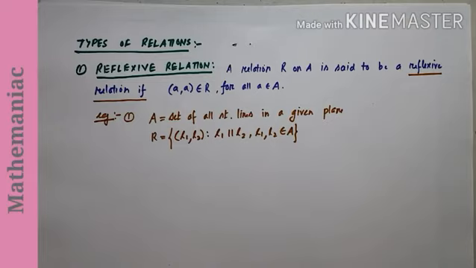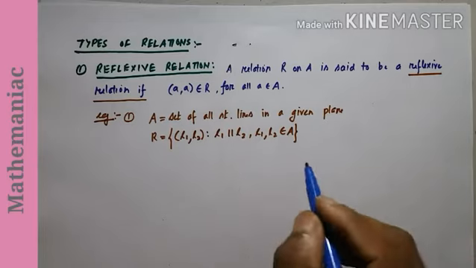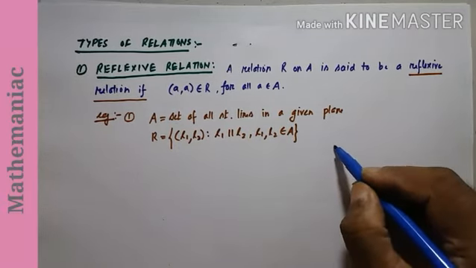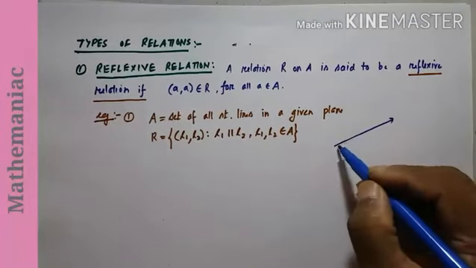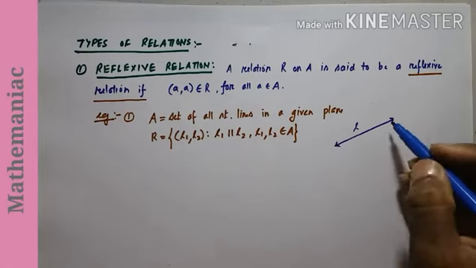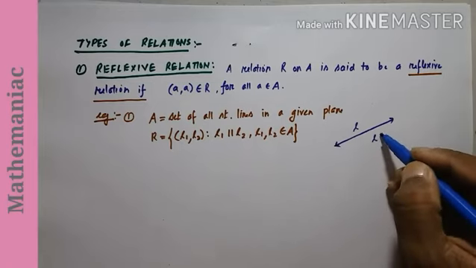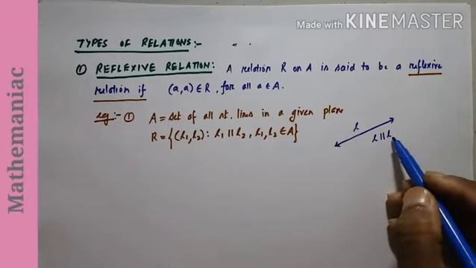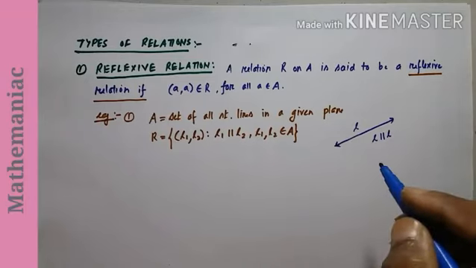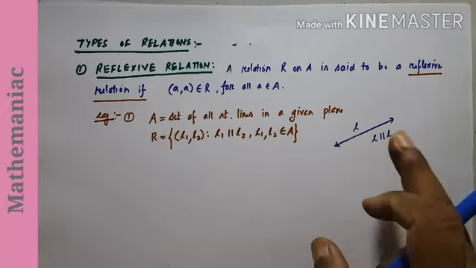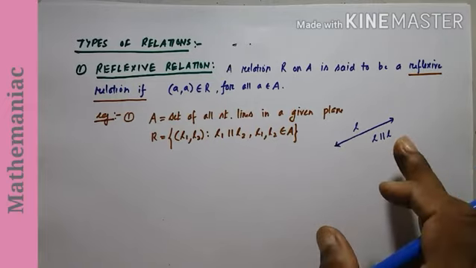Let us try to understand the reason why it is reflexive. So you see, I am drawing it here, then it will be easier for you. If I have a line, say this is the line L, from the concept of vectors, can I say that L is parallel to L? Yes, because both the lines will have the same direction cosines. So because of that, these lines will be treated as parallel.